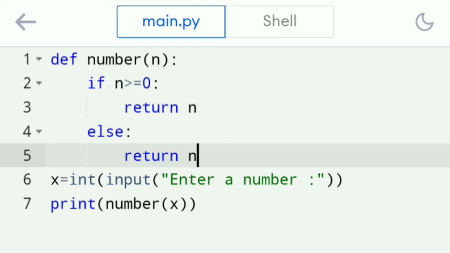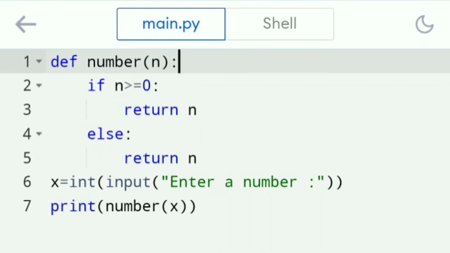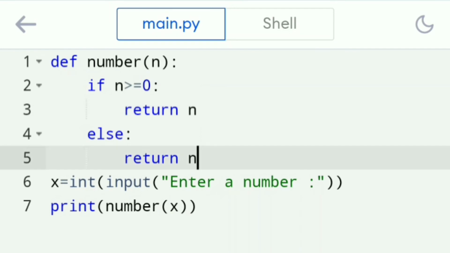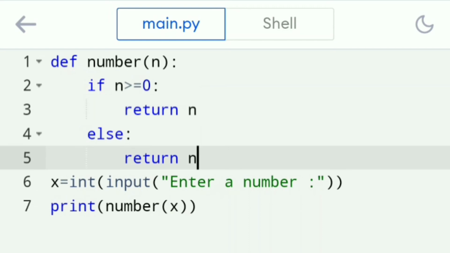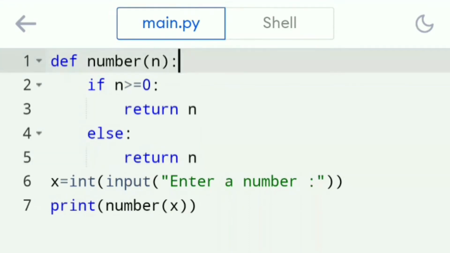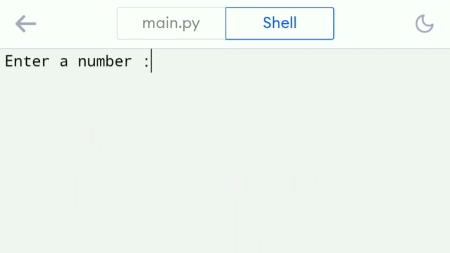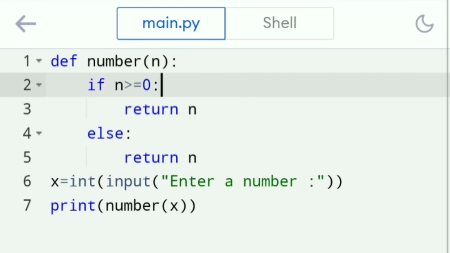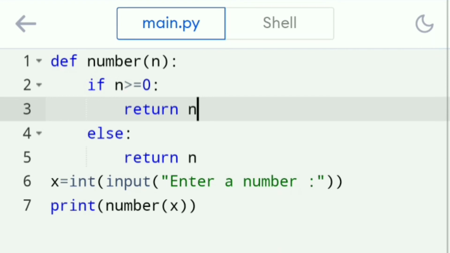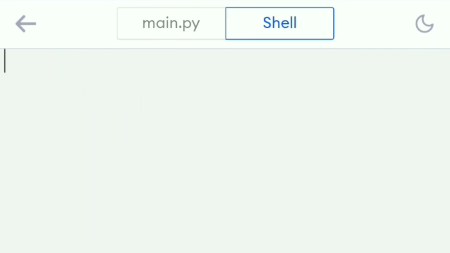So let's check the concept of this program. Here we have a function block named number with one parameter, and the action block has two return statements. It is possible to write multiple return statements, but at runtime only one return statement will be executed. Let's check the output of this program. Here you are supposed to enter a number. After that press enter so that you get the output. Look at this, 9 is printed. Now just check the condition, that is 9 is greater than 0, so the if block's return statement is executed. And one more time.